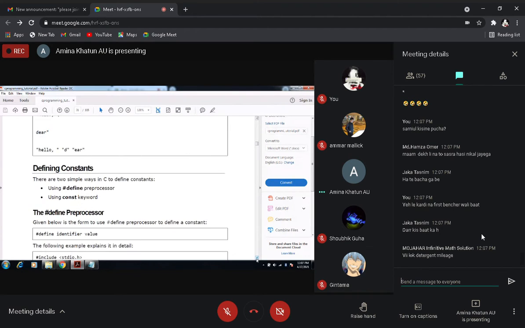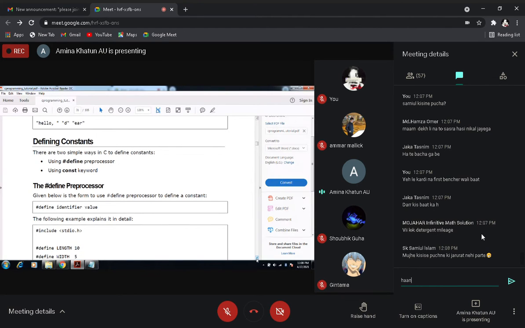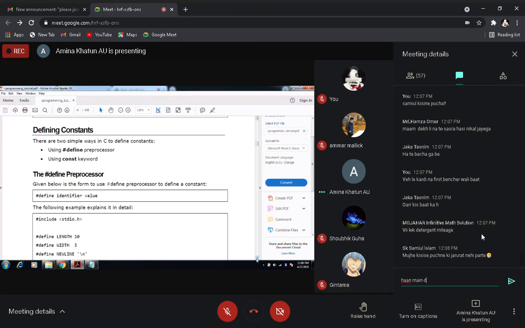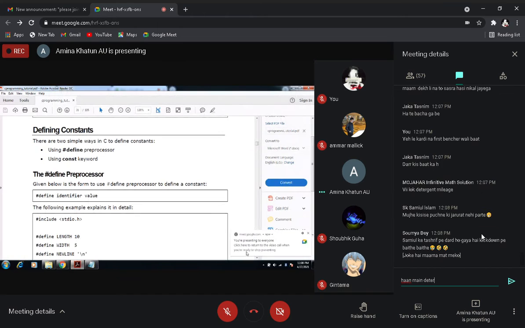So now, defining a constant. How to define a constant? You can define a constant in two ways. By using the hash define preprocessor. When we read about the preprocessor, we'll go into details about this hash define.